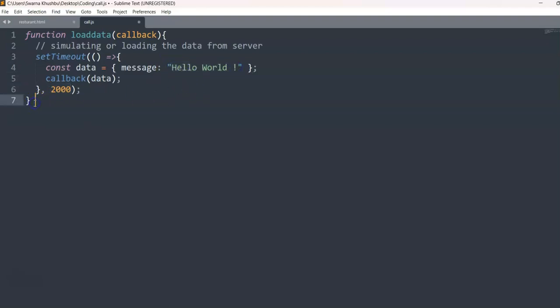Now we have given what data we want to load from the server, but next is how do you actually display it? For displaying it we can write function displayData. Okay, and here we can pass the data which we have taken right over here, this one. Fine,